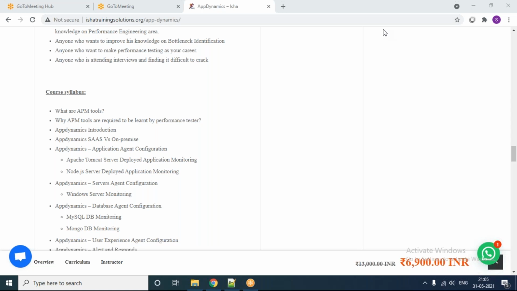So we can suggest which tool to use, in what way this tool is best, and in what way we can make this tool a differentiator. For that, first of all you should be thorough and comfortable in that tool. That is what we are going to do in this course journey.